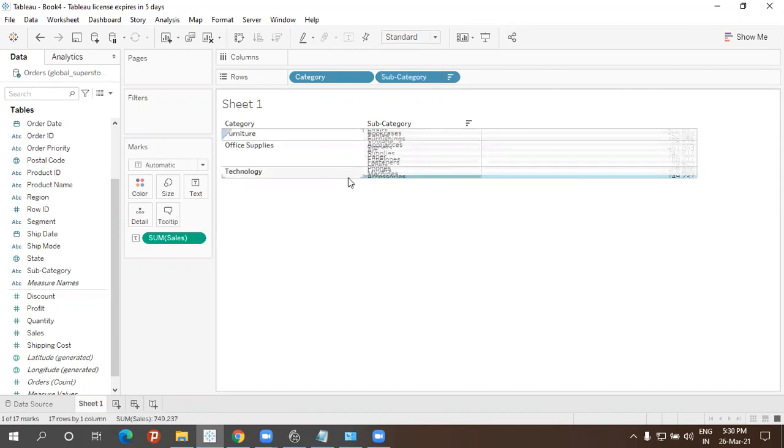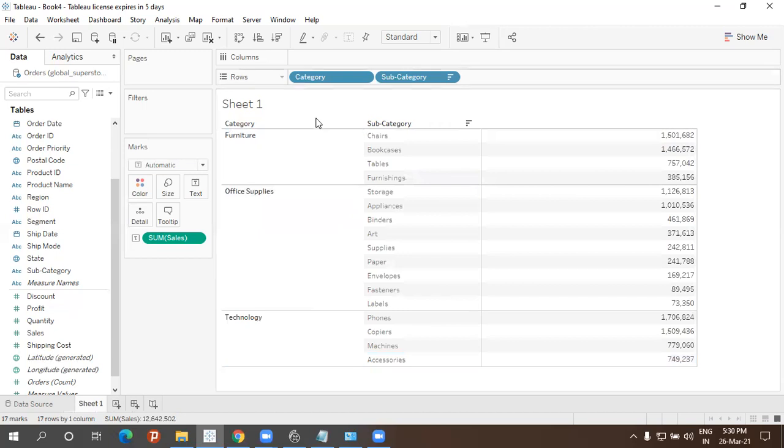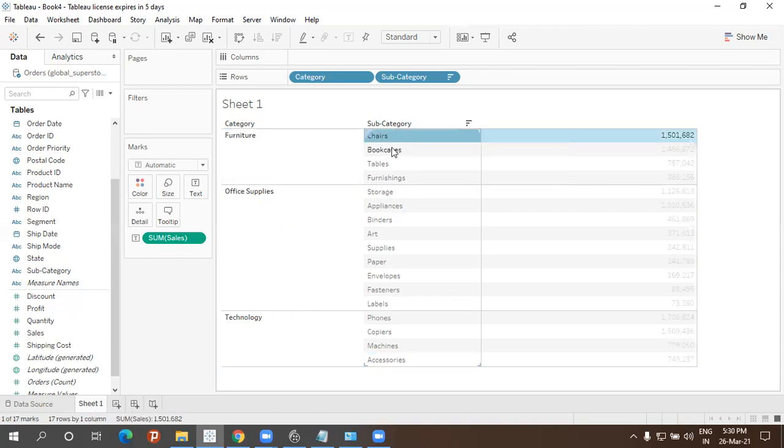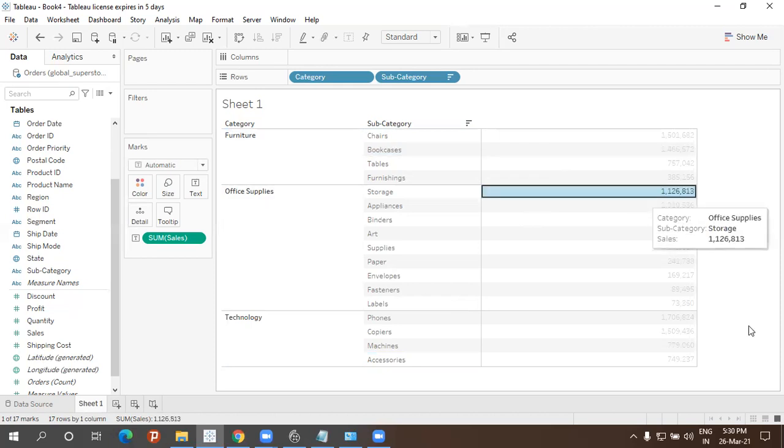So now can you see this one? So the top sales, that's what I was asking, right? Find the highest sales done by this category and subcategory. So can you see on furniture, chairs and bookcases. On office supplies, these two.